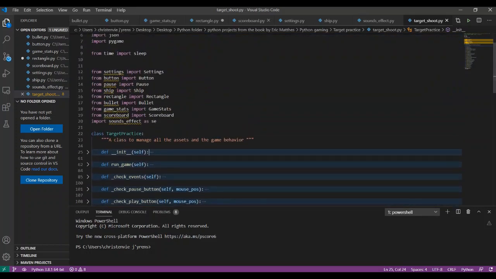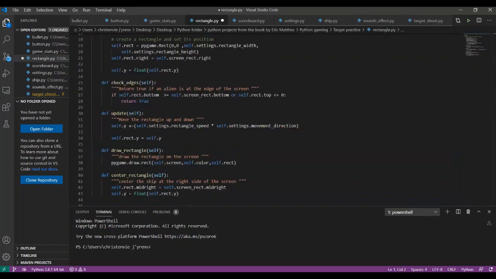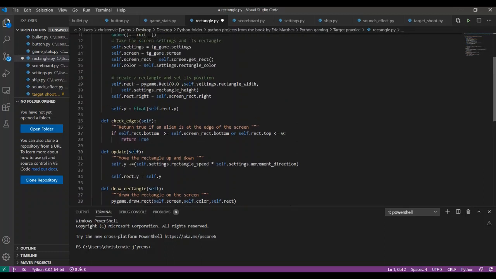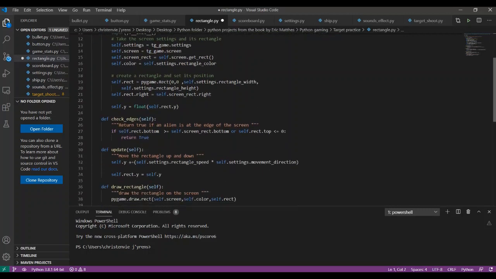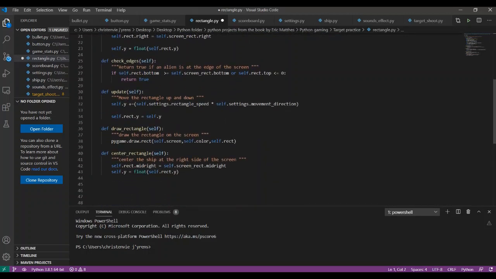We have the rectangle that needs to be updated on the right side, so it will be created on the right side in the rectangle class. We have to put it on the right side first, and we have to draw the rectangle and center the rectangle.